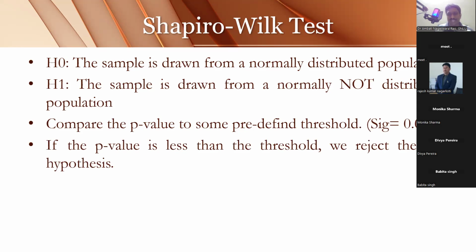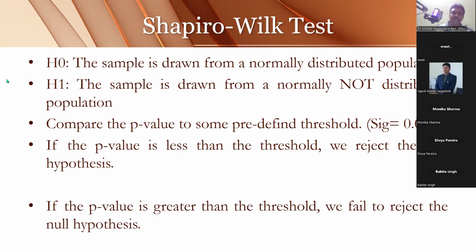If the p-value is less than 0.05, we reject the null hypothesis, which means the sample is not drawn from a normally distributed population. We are going to reject this null hypothesis. In case the p-value is greater than the threshold, that is greater than 0.05, we are going to mention that,